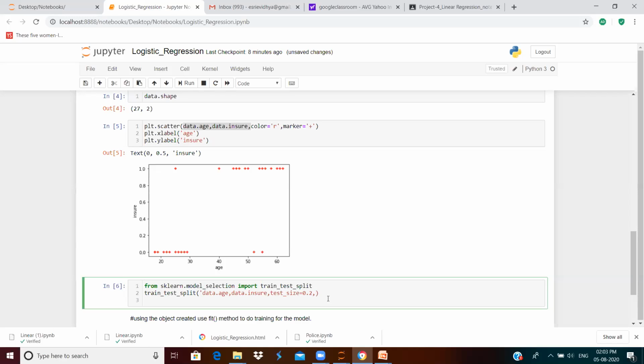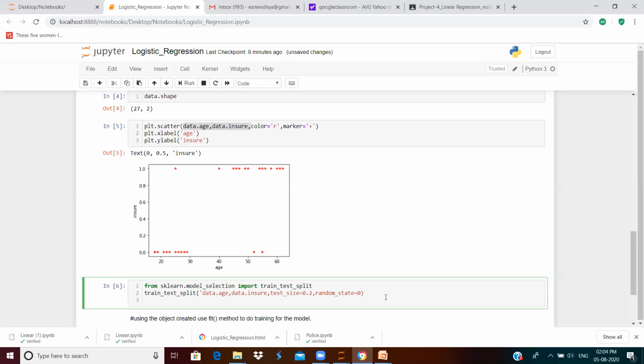And the next parameter is random_state, equal to 0. So what is this parameter, random_state? Whenever you give a value 0 to this parameter, it is understood by the model that different times of execution, different values will be taken for training data and test data.